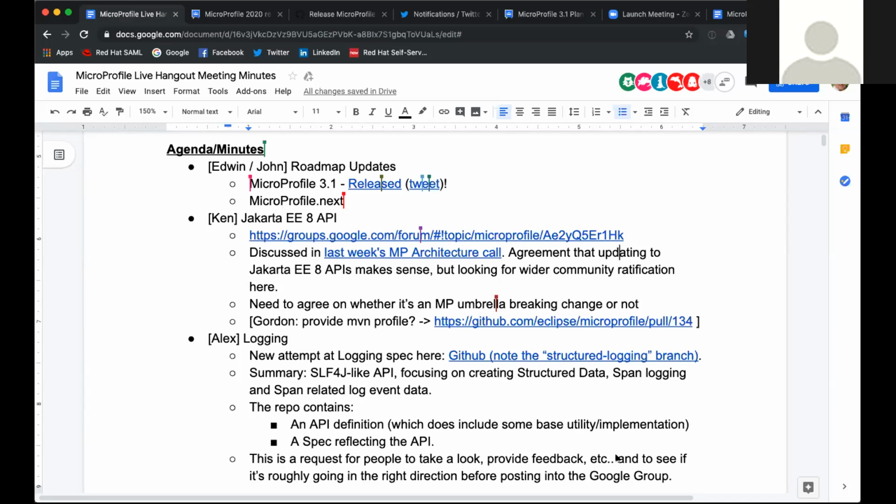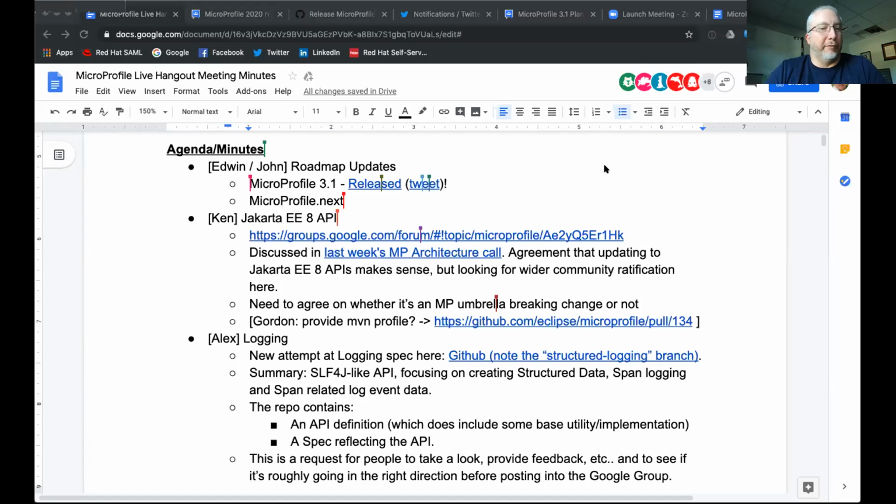I think with the discussion on the mailing list, the people were saying if we do a major release together with Jakarta EE8, we might send a strong message to the communities that Jakarta EE8 is a backward incompatible change.